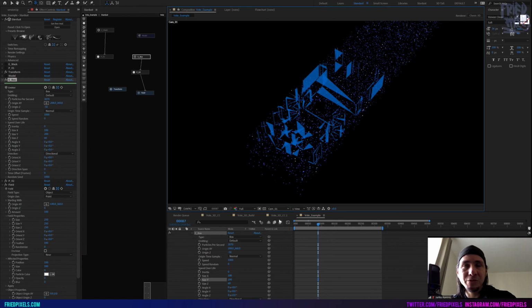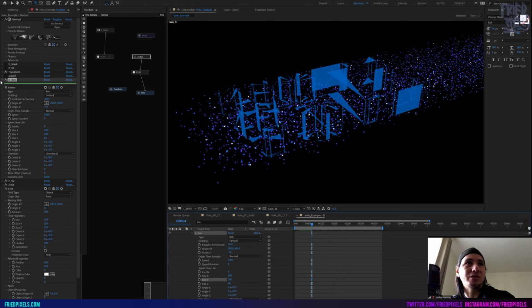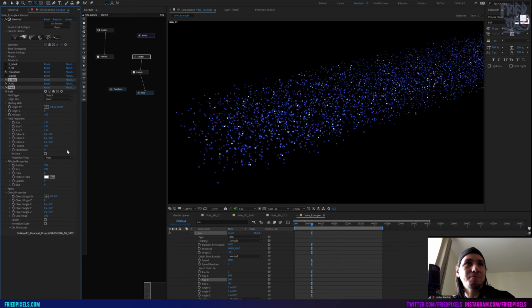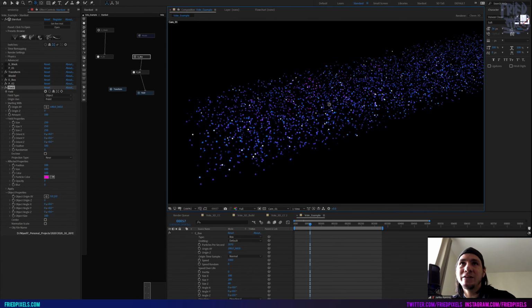Now we're going to go back to our camera, and what you'll see is that it's not a big noticeable effect, right? So I'm going to turn off that bounding box thing. And to make this a much more visible effect, I'm going to change the color to 100. And then let's just set this to like a pink. And now you can see that there are some layers within that are starting to change. So there's two things that have a really big effect here. One is the feather. What it's trying to do is, from your actual object, like when we had that sphere there, that distance from which it affects, it's actually affecting the particles.